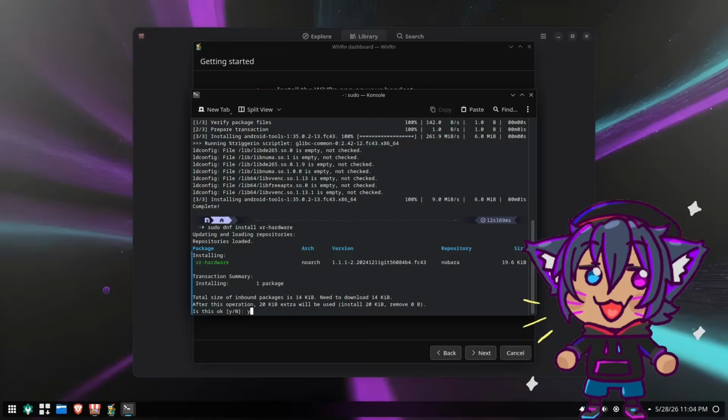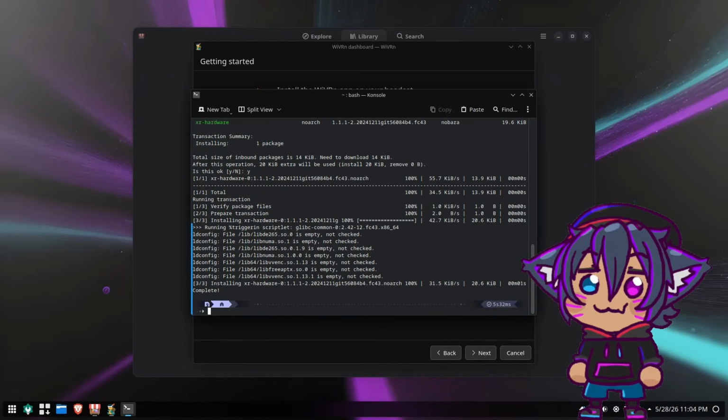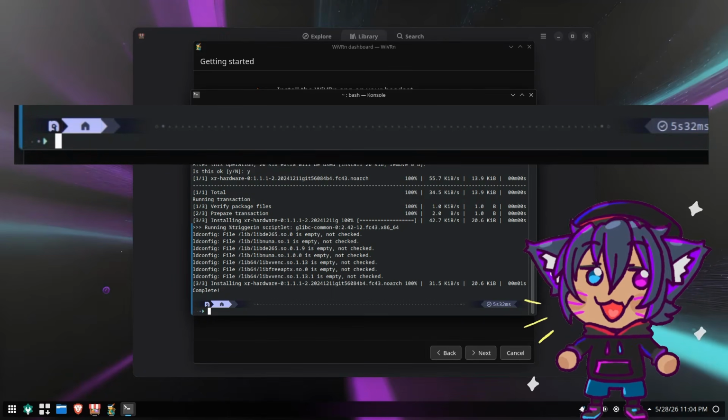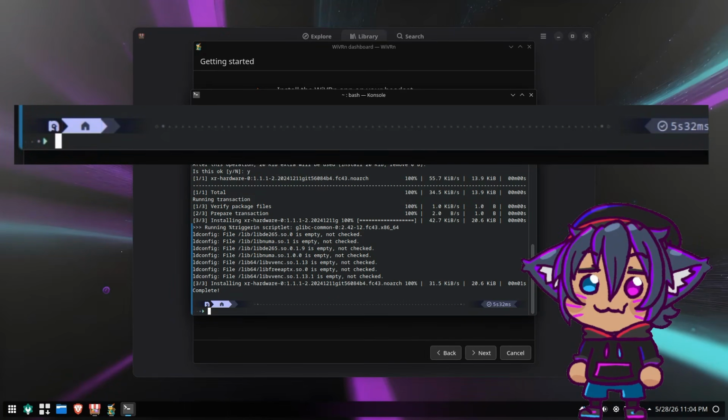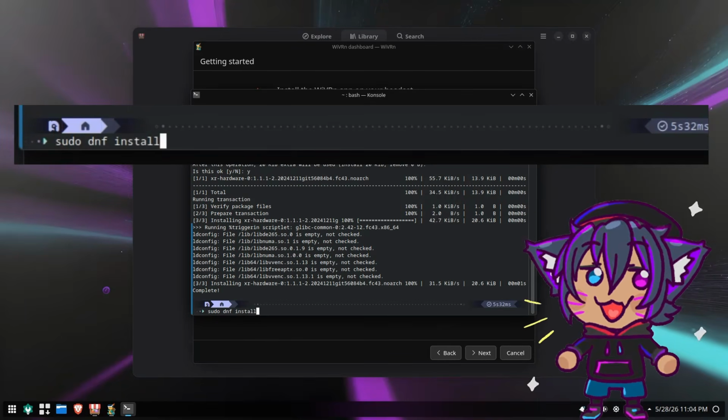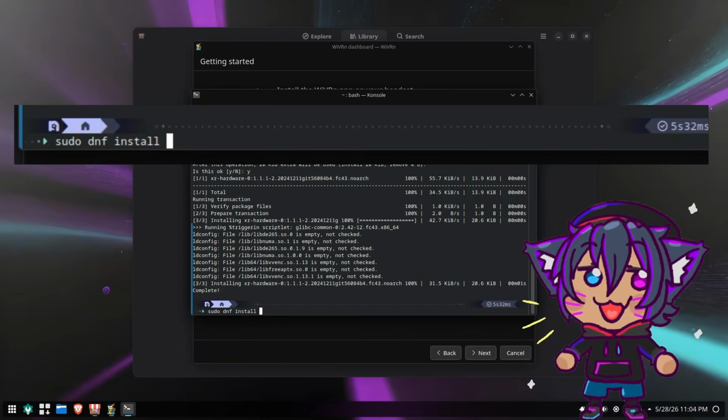Grab the XR hardware because you're going to need that. And then if I were to take a look at the packages, you're also going to need sudo dnf install the following: